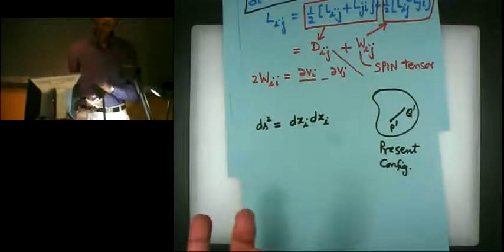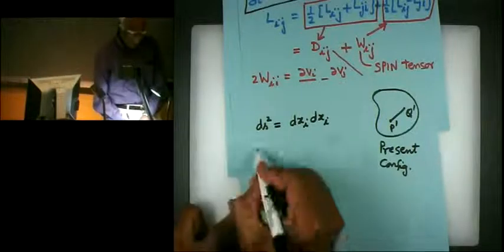Now differentiate both sides with respect to time, keeping big X fixed. This is what in fluid mechanics they call substantial derivative or total derivative, the derivative keeping uppercase X fixed. So we get d over dt of ds square